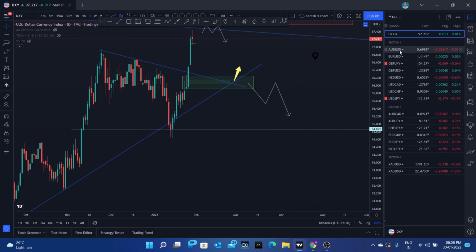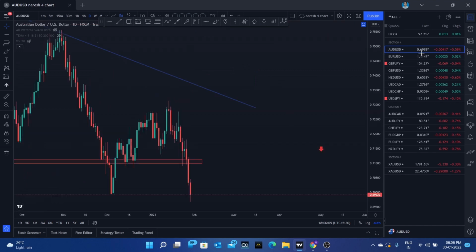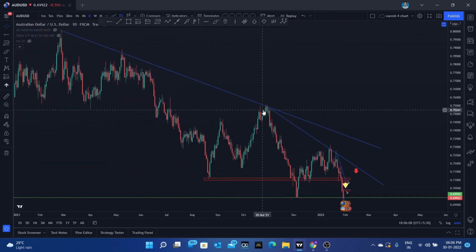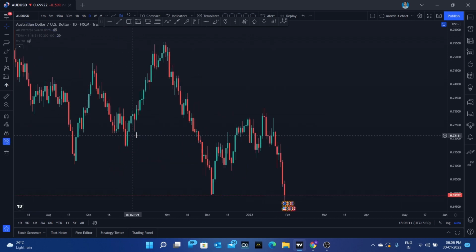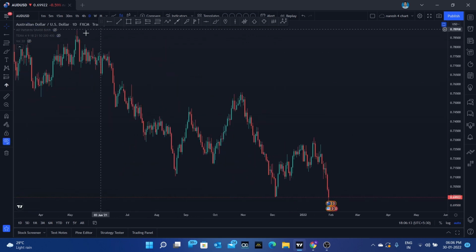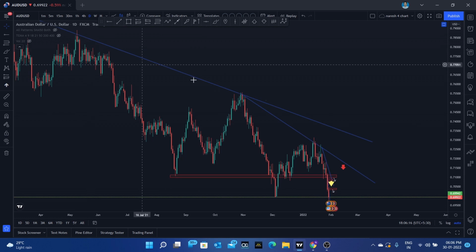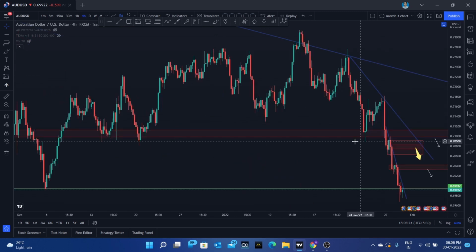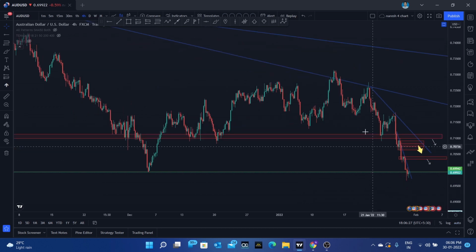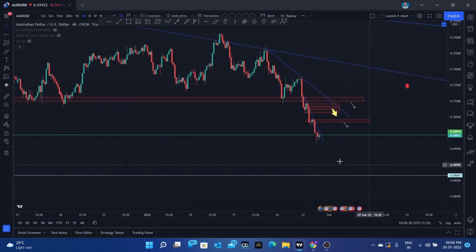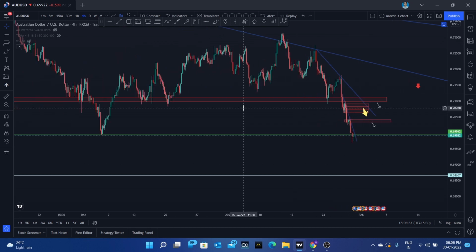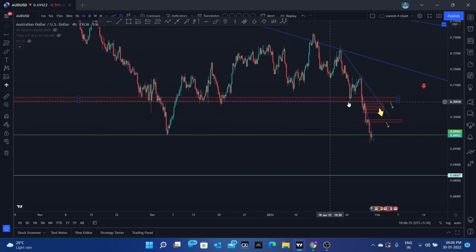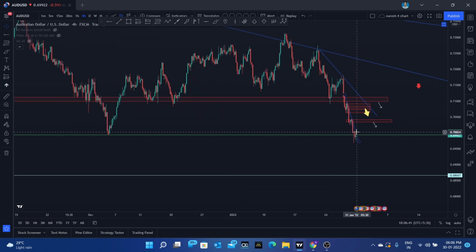So this would be for the USD currency index, and next we will be looking at the Australian dollar. In the 1 day time frame, we can see it is in a proper downtrend, and we have already drawn a trend line in this area, and again it is dropping, forming some lower highs and lower lows here, guys. So we can expect the price to drop even lower. AUD USD is already in a downtrend. We can see here, guys, it has broken this support area, and we have seen a major drop to this area, and it is non-stop.